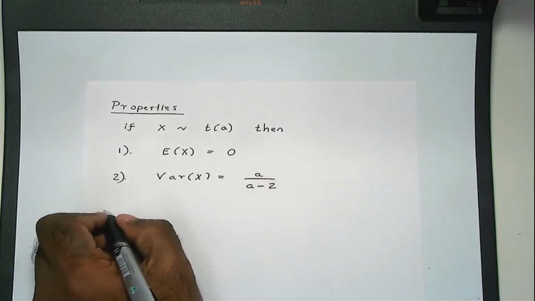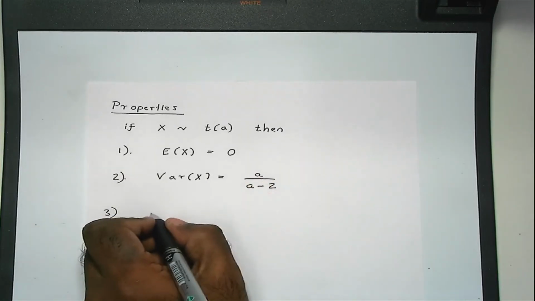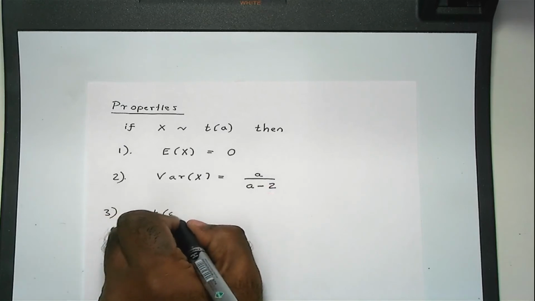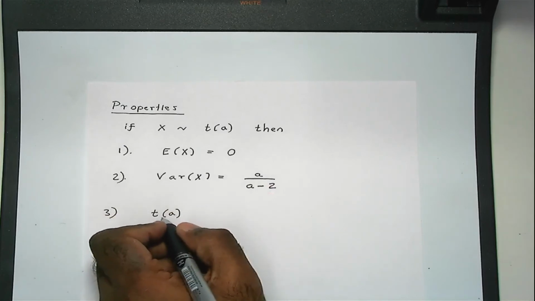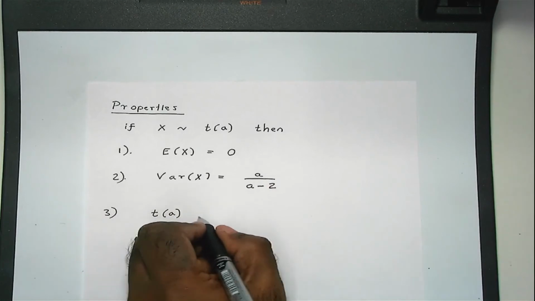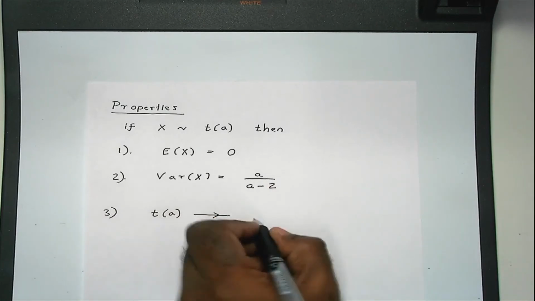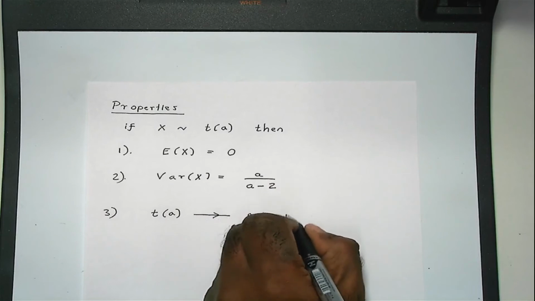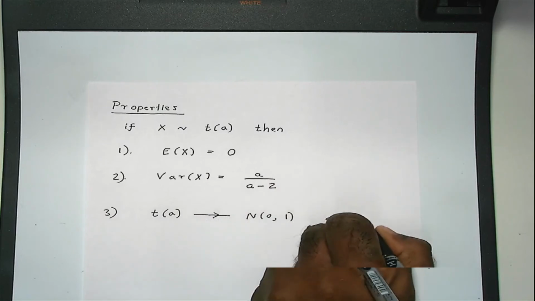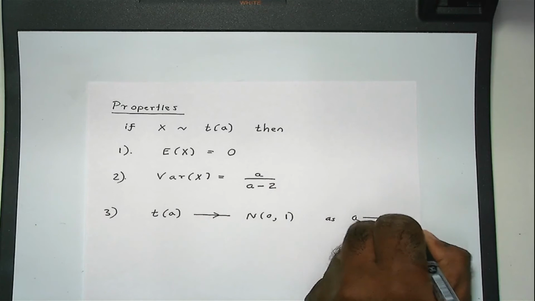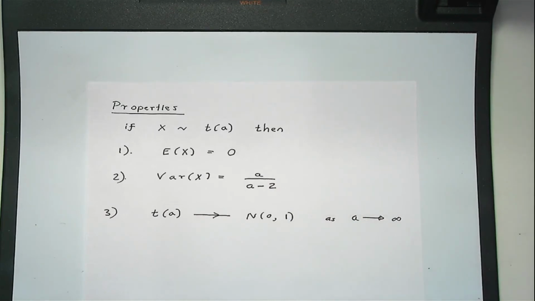Number three, that a t variable with a degrees of freedom approaches a standard normal variable as a approaches infinity. Right? So in other words, when the degree of freedom gets larger and larger, the t distribution approaches the standard normal distribution. Okay, number four,